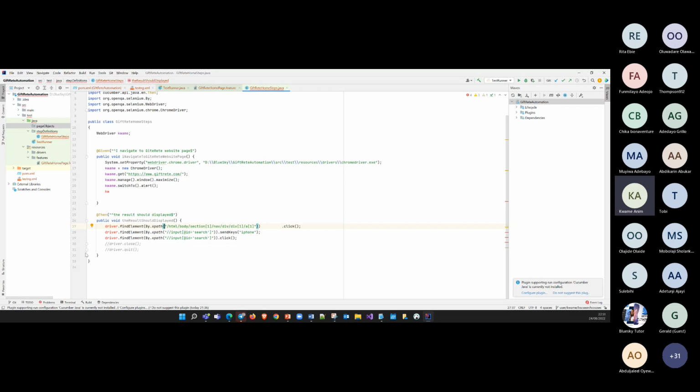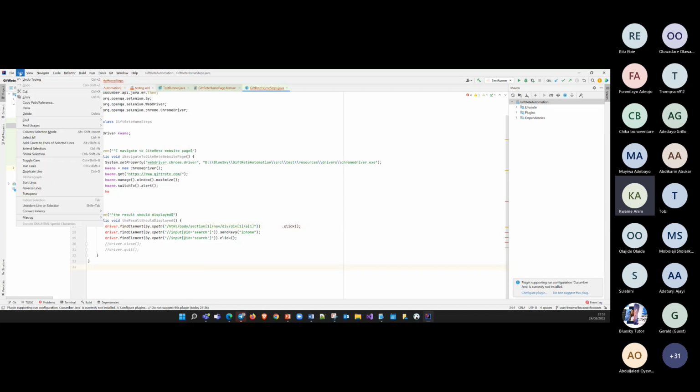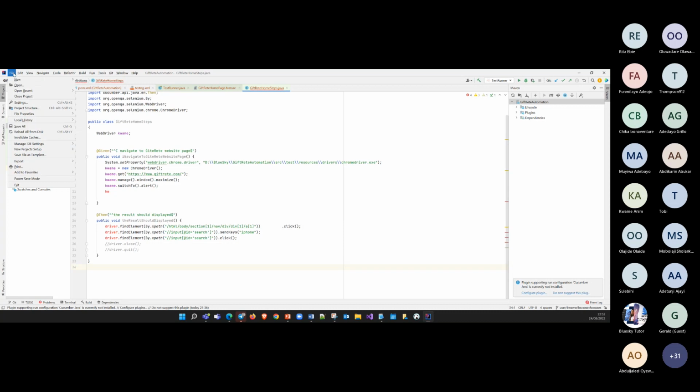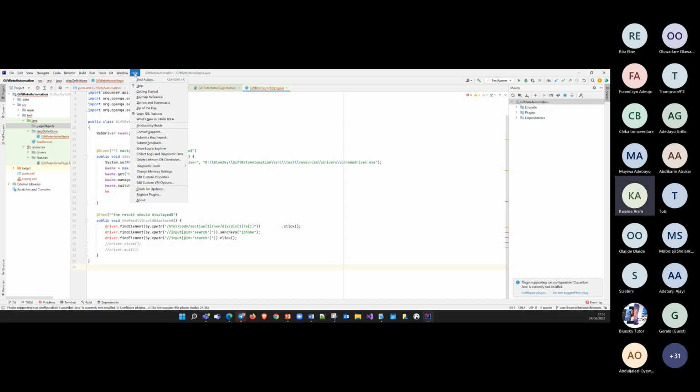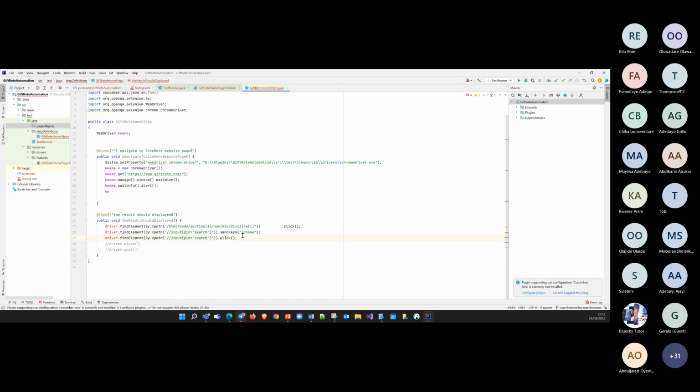Yeah, I can't zoom in. Okay, once this finishes